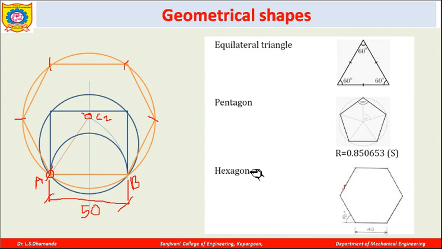Similarly, now if I have to obtain the pentagon, I have to just divide this. Because with this as a center, if I draw the circle which is already drawn here, it gives me a polygon with 4 sides. If this is the center and I am drawing the circle, I am getting the polygon with 6 sides. So if I divide this line and get the center of it here, I use this center and draw one circle with this as a center and this one as a radius, so this 5 to a,